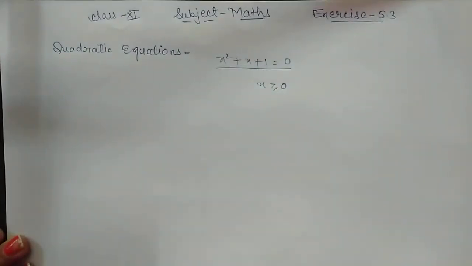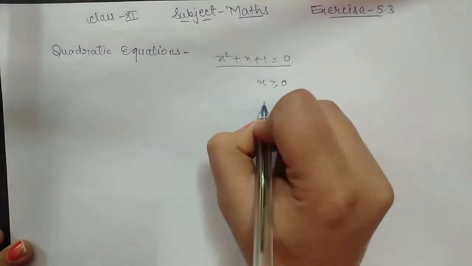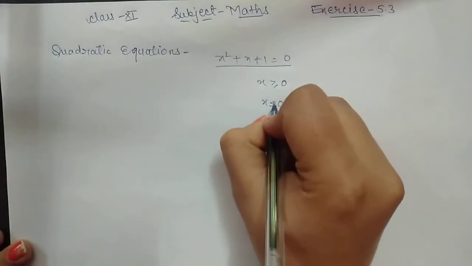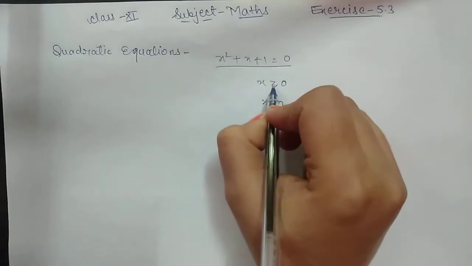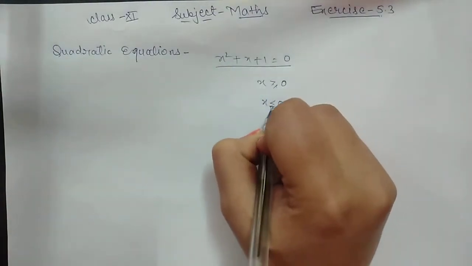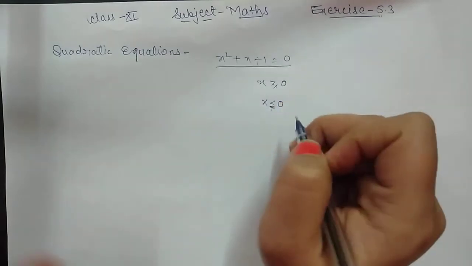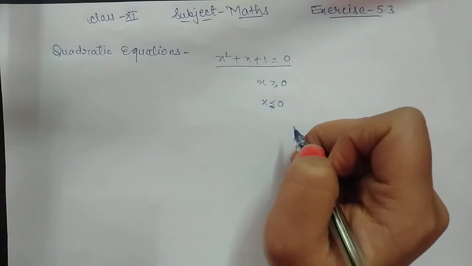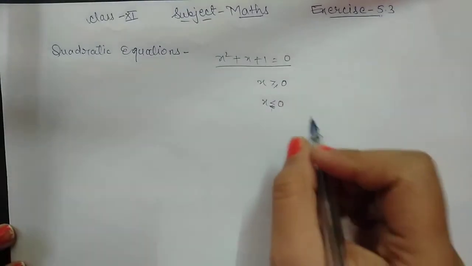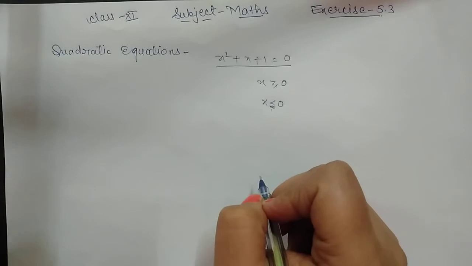But there are some equations whose solution is less than or equal to 0. ठीक है, जिसके सॉल्यूशंस हम लेस देन बोल सकते हैं. इक्वल होगा तो वो रियल नंबर्स आ जाएगा. But if our solution is less than 0, okay, then we can find the solution of this type of equation in complex numbers. So first what we have to do is find whether the solution of a particular equation is less than 0 or not.